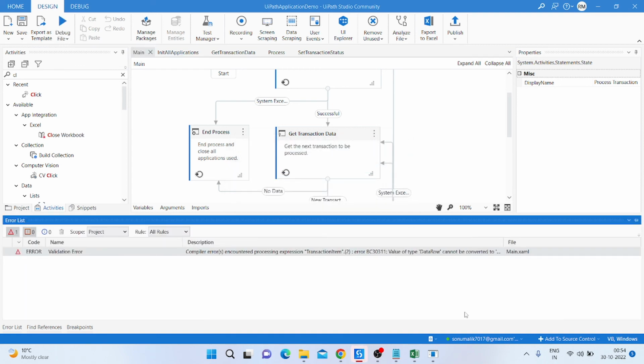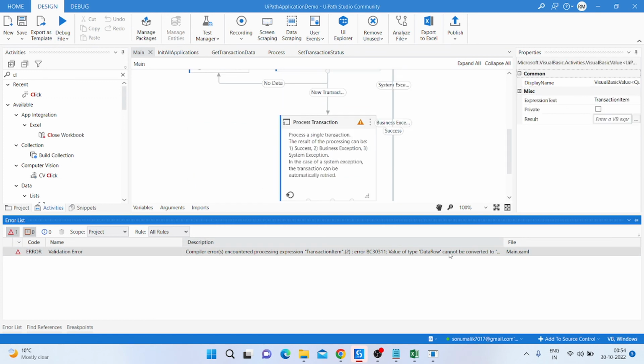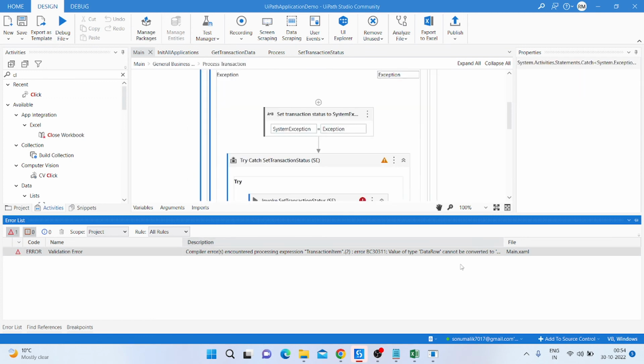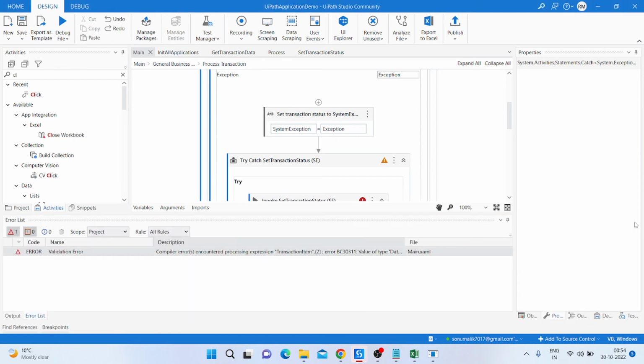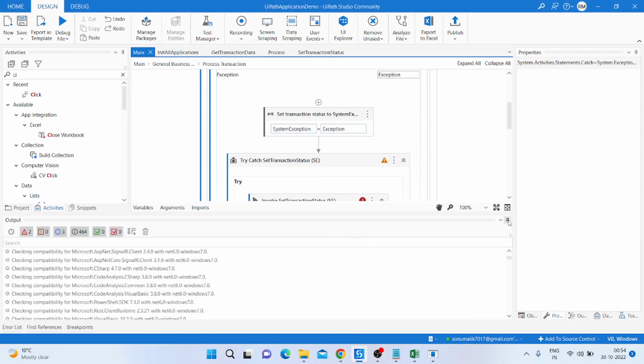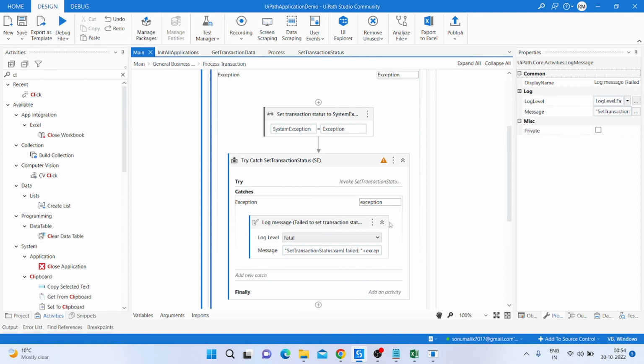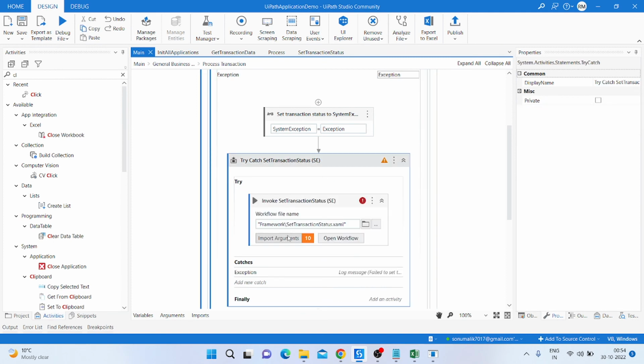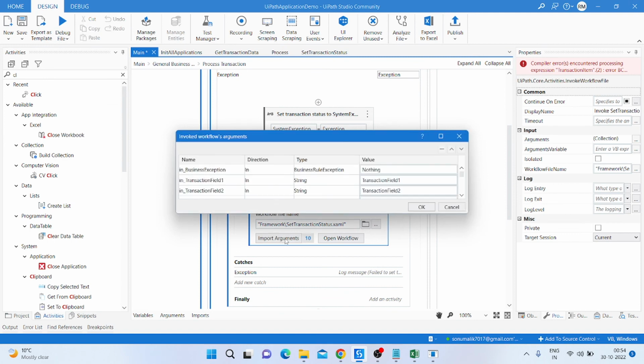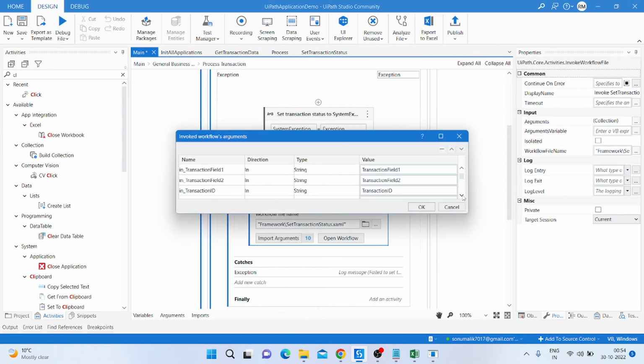We are getting this error: the value of type data row cannot convert to the type. Okay, we reach inside. If we double click on here, we are reaching the next option. Okay, then click on here, click on here, and then